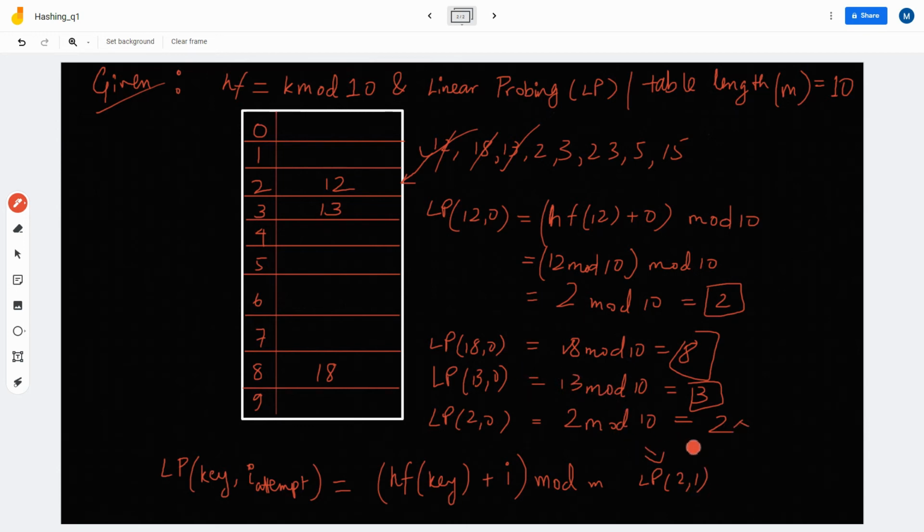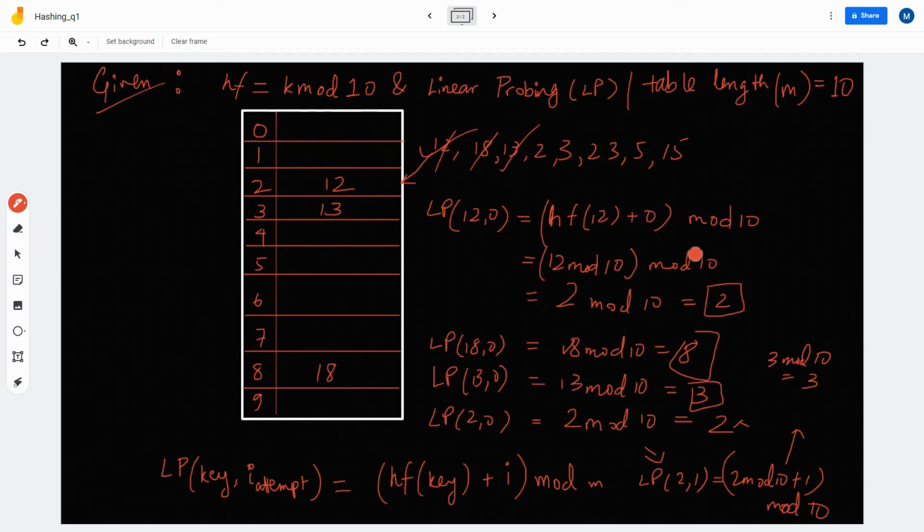I told you before we started from 0, not from 1, so 1 is the second attempt. So this will give us (2 mod 10 plus 1) mod 10. This will give us 3 mod 10, which equals 3. Now we see that 3 is also occupied.